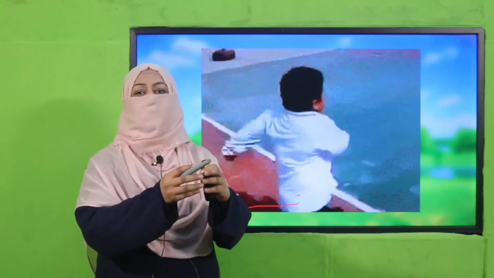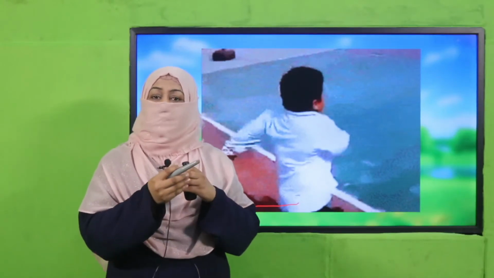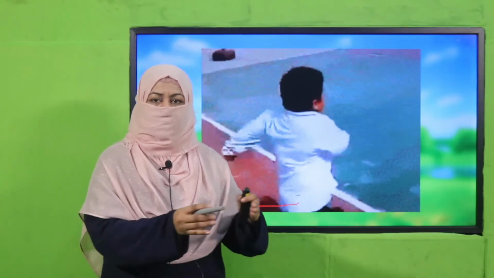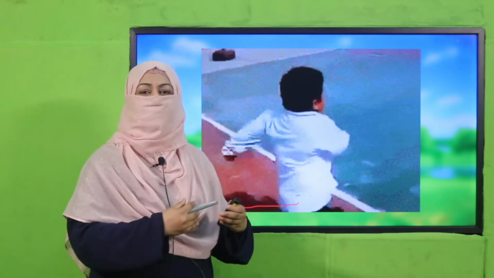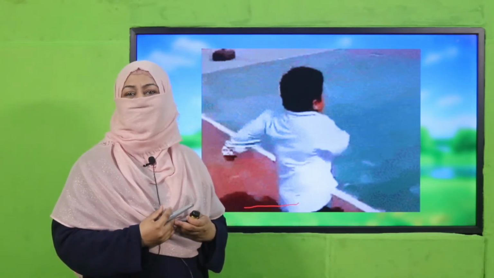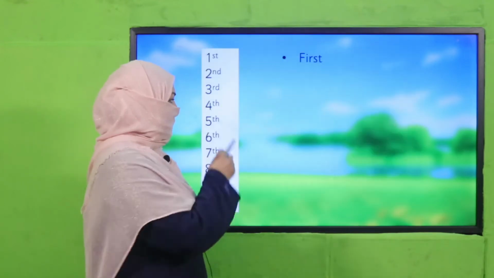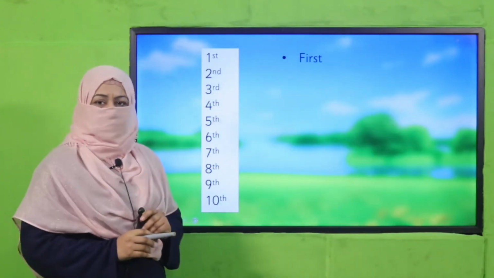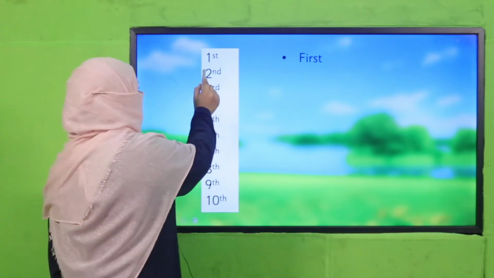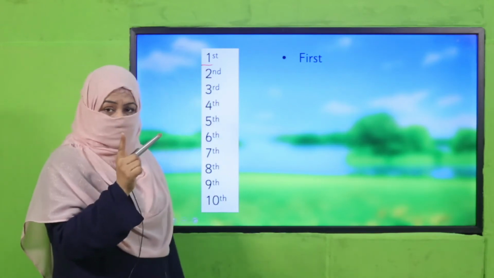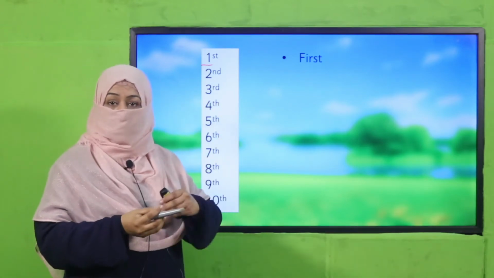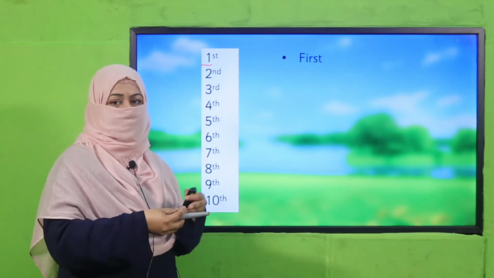How? This is how. Within a series, the position, when along with all the things, you are defining position, that is called ordinal number, right? So when we connect it with numbers, how do we say it? The first position is first, the thing which is coming at the beginning, that is first, then second, third.